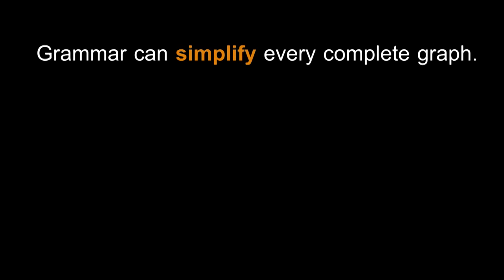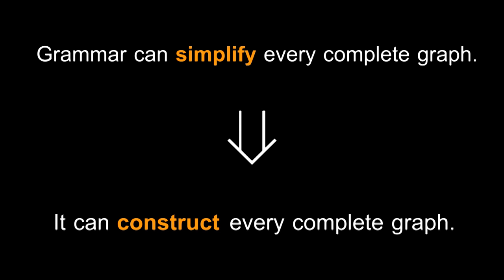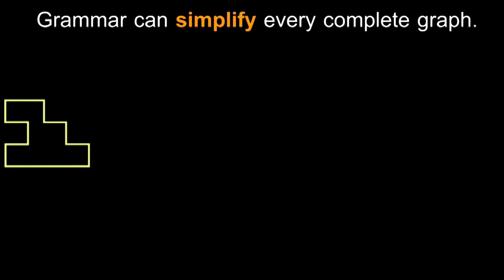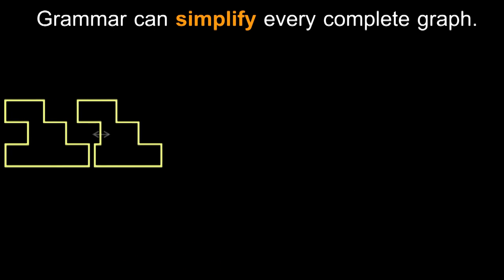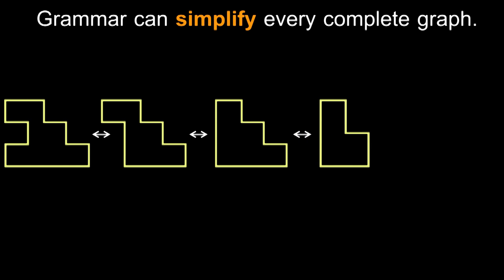I claim that if a graph grammar can simplify every complete graph, then it can construct every complete graph. Let me show you why. Imagine we start with any graph. The grammar can reduce it to a simpler graph. The grammar can then reduce that simpler graph to an even more simple graph. The grammar can continue to make the graph simpler and simpler until we reach the simplest possible graph, a graph